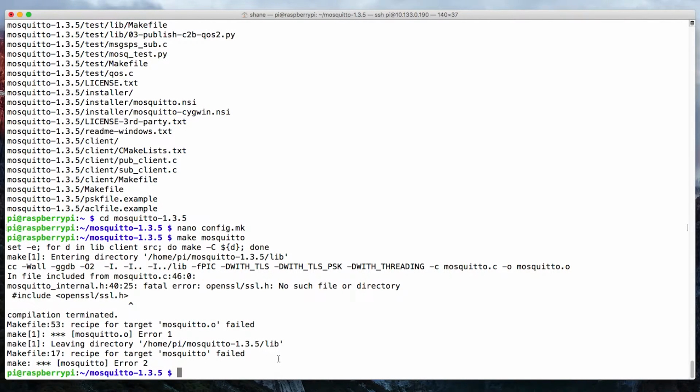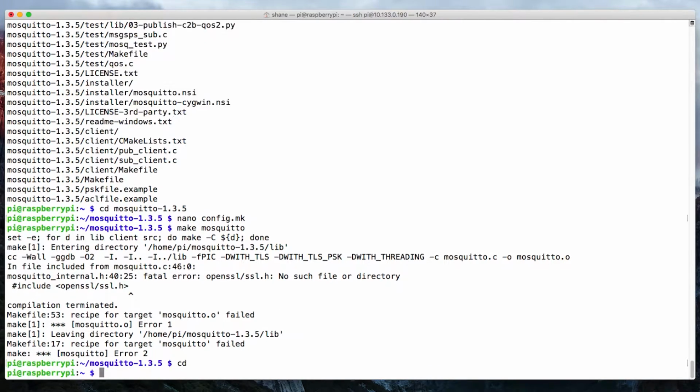Oh, and it failed. Because it's saying there's no SSL. Okay, so that failed because there is no SSL installed. So let's do this. Just go cd to go back. Okay, there we go. And then we need to download SSL, OpenSSL in this case. So use this command,